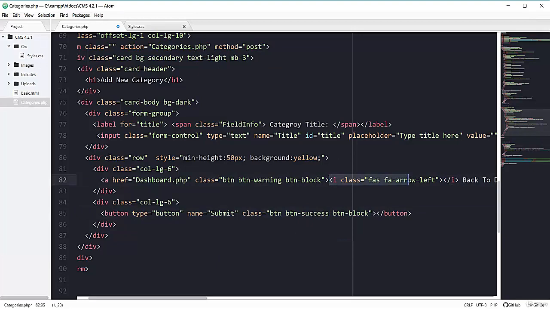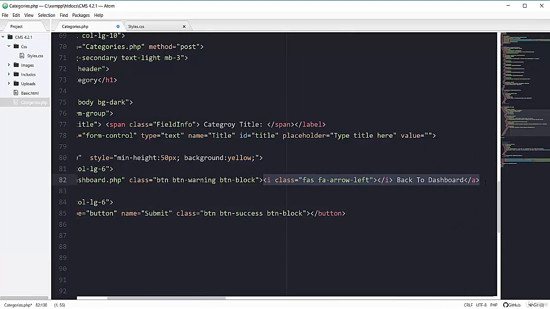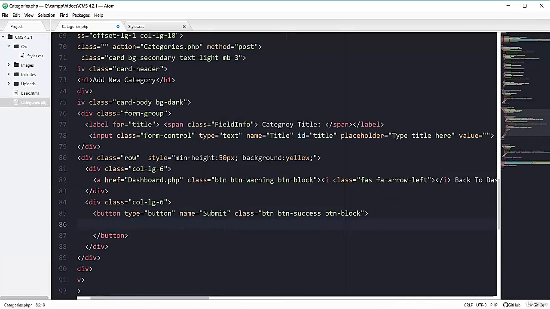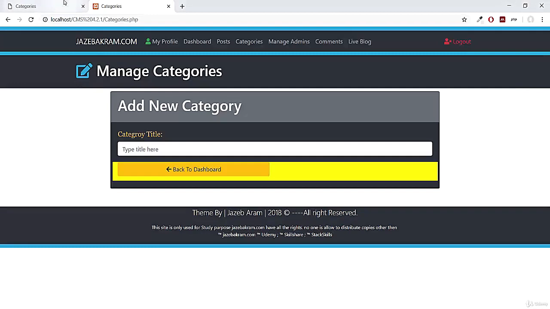And for the text and font awesome, first let's copy this one from here and paste it here, changing its text to publish, and font awesome would be fa-check. Refreshing my page, you can see this green button.